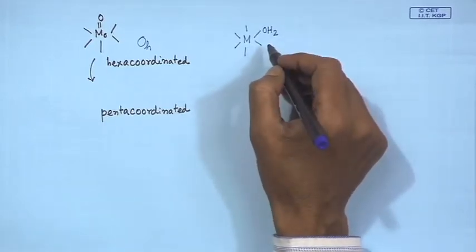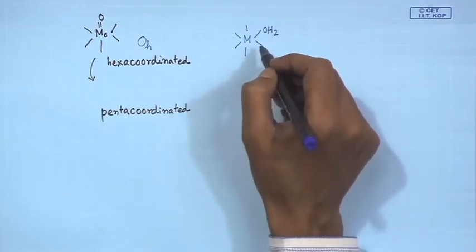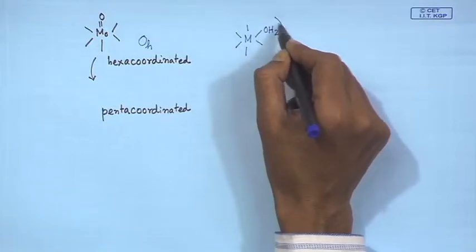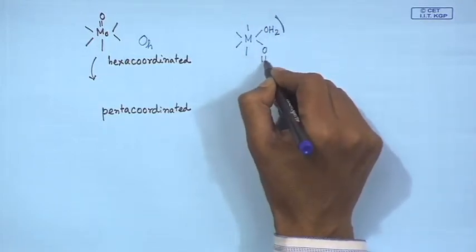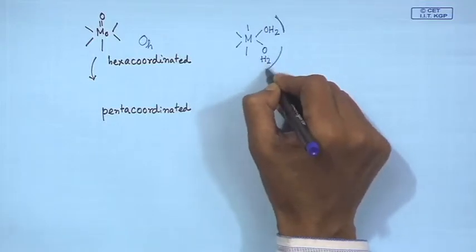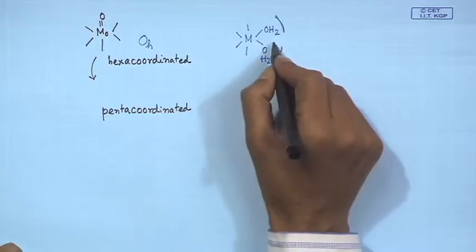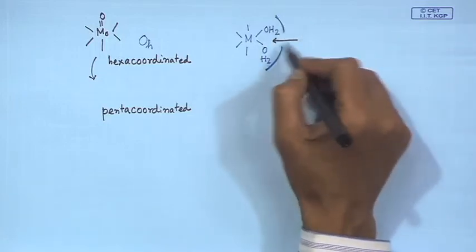That water molecule coordinated to the metal center is important, because it is not occupying much space. When you have the second water molecule, it is also not occupying much space. So, we have some space still available, which we can consider as the vacancy. So, this vacancy is our approach site